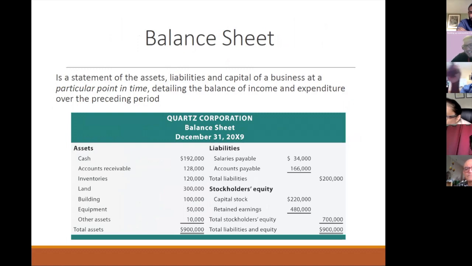Quick question. What if your cash flow is negative? That means your cash account, that means you have a negative bank balance. Does it mean I'm out of business? That means that you're insolvent. So that's an interesting question.